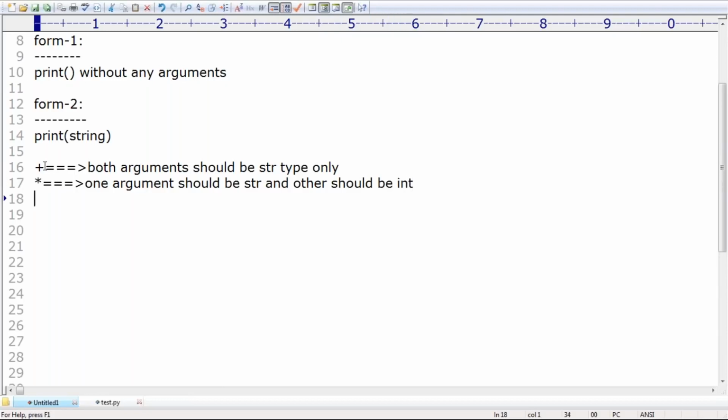I hope everyone can understand. This is about form 2. The first form is without an argument, the second form is with a string. The specialty here is that inside the string you can use escape characters. The other big advantage is that the plus operator and star operator are allowed to be used, but at last I want the result to be a string. That's all.